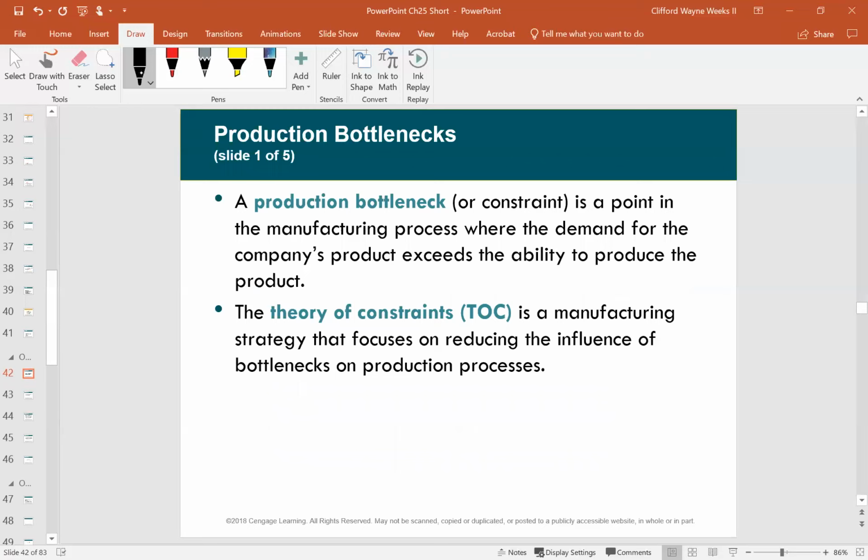The last thing that we need to discuss in this chapter is production bottlenecks. A production bottleneck is a constraint, or a point in the manufacturing process where the demand for the company's product exceeds the ability to produce that product. And so in order to deal with this, we have to apply the theory of constraints. It is a manufacturing strategy that focuses on reducing the influence of bottlenecks on the production process. And so